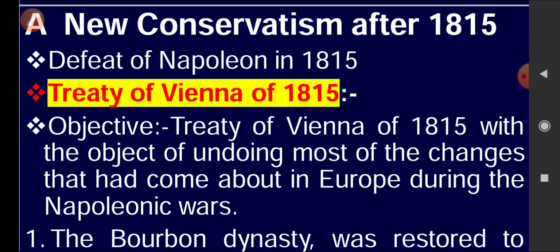After the defeat of Napoleon Bonaparte in 1815, when he was defeated in the Battle of Waterloo, a treaty was signed between European nations. Austrian Chancellor Duke Metternich was the head of that treaty, that Congress, the Vienna Congress, or that meeting you may say,